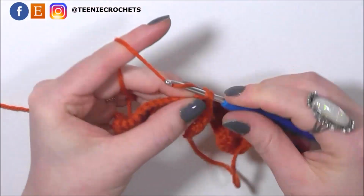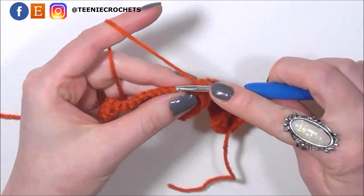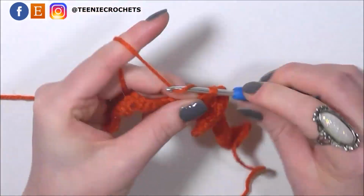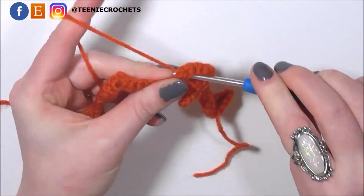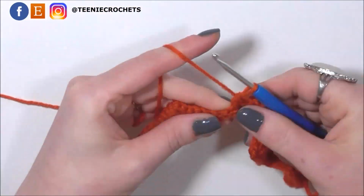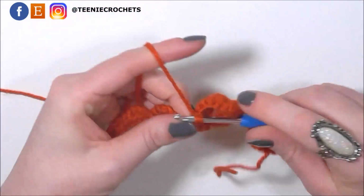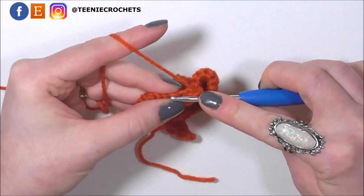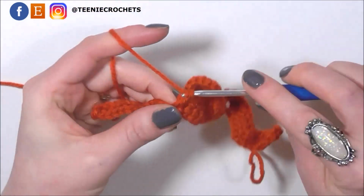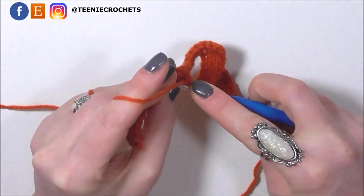1, 2 and 3, single crochet 4, 1, 2, 3 and 4, skip 2 stitches, 1, 2, single crochet 4, 1, 2, 3 and 4, 3 single crochets into the top stitch,